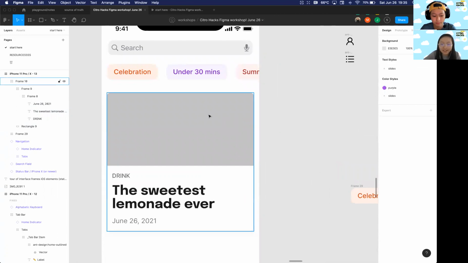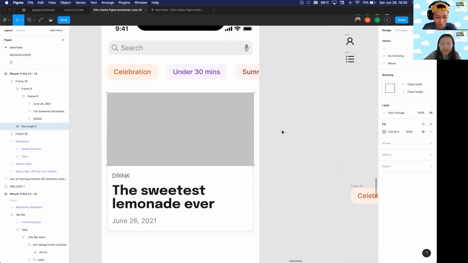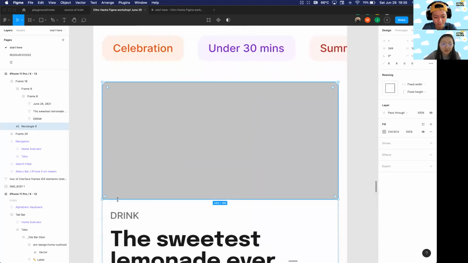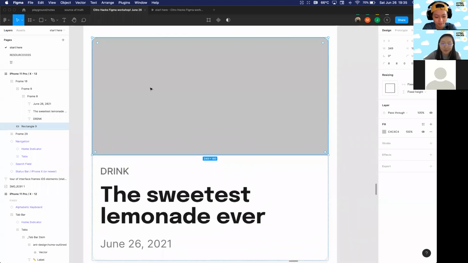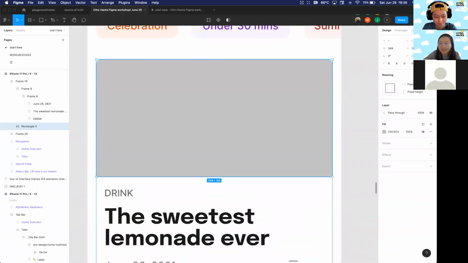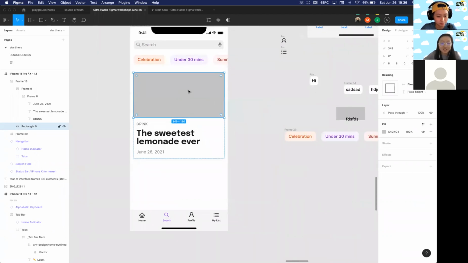By the way, quick tip as well. If you notice that the top up here is round, and these ones are not round, they're 90 degrees, because I want them to connect and be one big thing. It's because you can update the corners here and change the radius of each one, if that makes sense. Okay, but anyways, this one just started off as a rectangle,